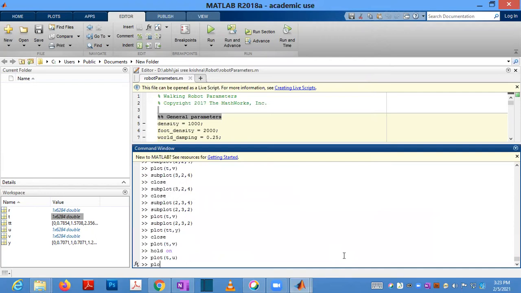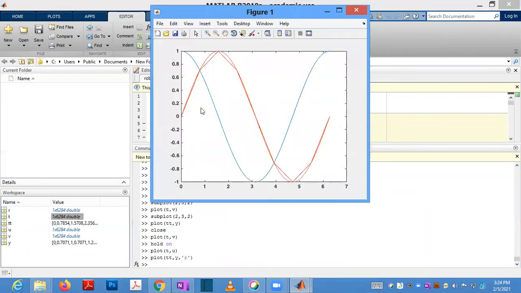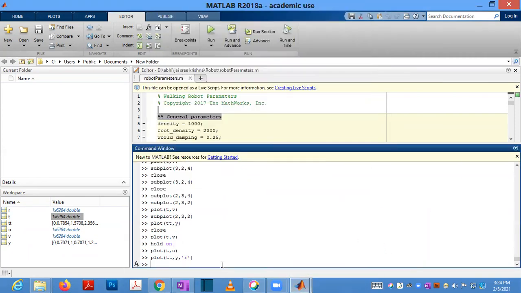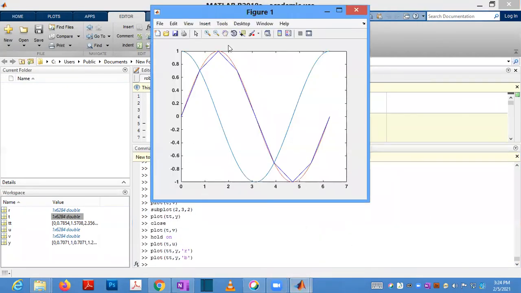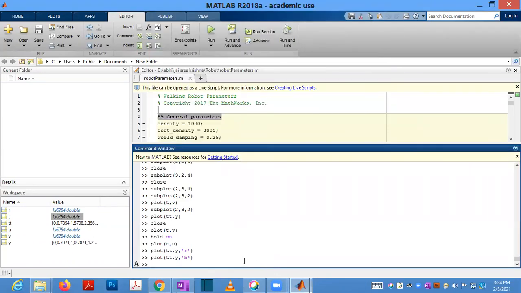Plot t, y, and comma, in the quotes you can add r, which means it will be red color. So R is for red and B is for blue. Like these things are possible. So it is showing in blue again. R for red, B for blue, and K for black, I think.